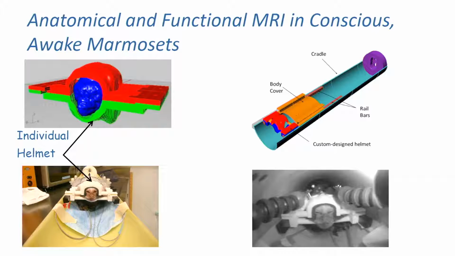And we, in addition, put some RF detectors on top of the helmet here so that we can collect the signals coming from the brain. And as you can see, the animal is doing exactly what humans do when they go in the magnet. They doze off because it's so boring in there, right? So much for awake imaging, but